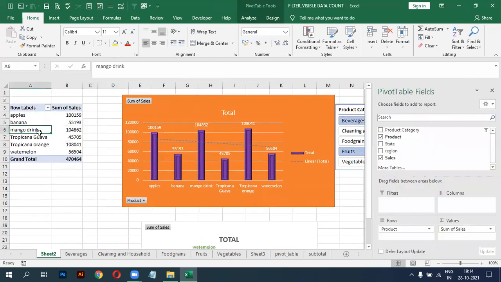So is it possible in Excel? Is there any possibility? Suppose in one Excel